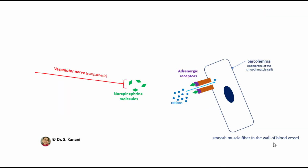increases. Please note, vasomotor nerves release the neurotransmitter norepinephrine, and we know that norepinephrine binds to adrenergic receptors. And when we analyze the sarcolemma of the smooth muscle cells that we have in the wall of these blood vessels, we see that in the sarcolemma we do have some ligand-gated channels, that adrenergic receptors are part of those